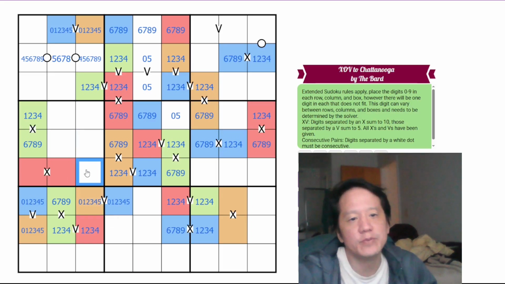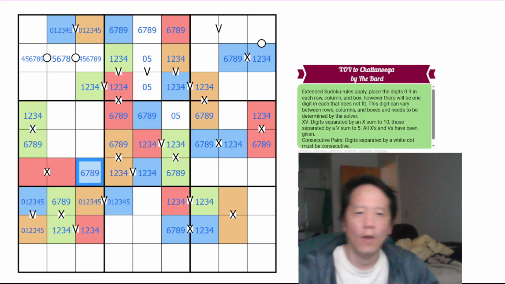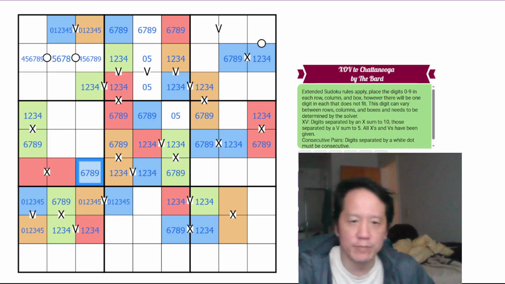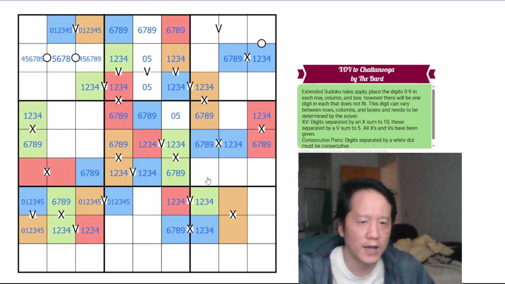This cannot be the high orange in 6 through 9, because it would have to have an X next to it to be next to the low orange. So the one that's missing in row 6 is the high orange. The remaining digit must be a high blue, so this has to be high blue, because high blue cannot be here. And we have low green, which cannot be here. We have high orange,